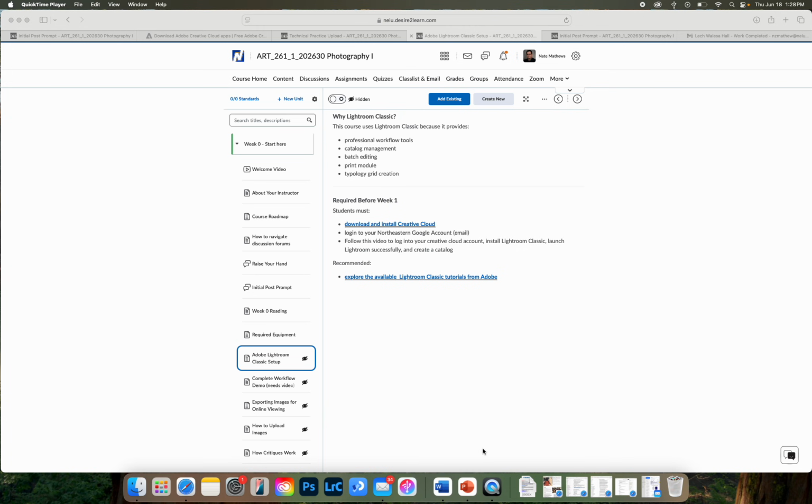Video is going to cover not just installing Lightroom Classic, but also a quick run through of how to import images, edit them real quickly, export them, and